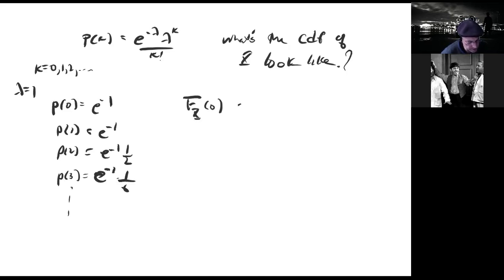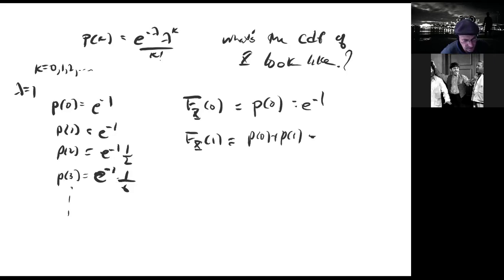Now if we want to start computing f sub x of 0, that's going to be the same thing as the probability that x is less than or equal to 0. But 0 is the only value that occurs in that interval, so that's p of 0, which is e to the minus 1. Then we have f sub x of 1. That's the same as p of 0 plus p of 1 in this case, and that's e to the minus 1 plus e to the minus 1. So now if t is a number between 0 and 1, so if t is less than 1 but greater than or equal to 0,